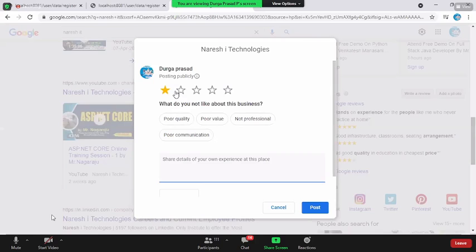Now you can give 1 star, 2 stars, whatever it is. In the same way, you put the feedback also. The only thing I'm expecting is that whenever you put the feedback, please make sure you mention you are from the UI full stack online course, and your faculty is Durga Prasad. At the top, write whatever you're feeling: the notes are good, the class is good, the faculty is good, or no, online classes are not going well. Whatever feeling you have, please paste it there.